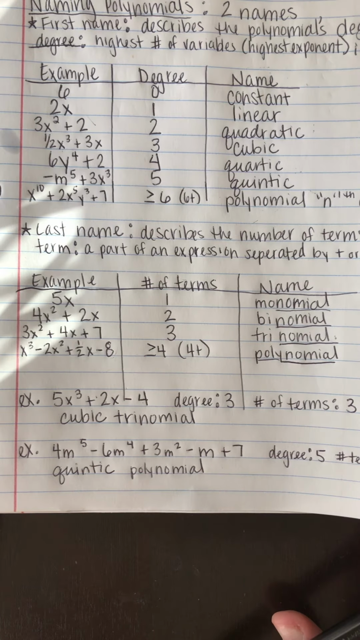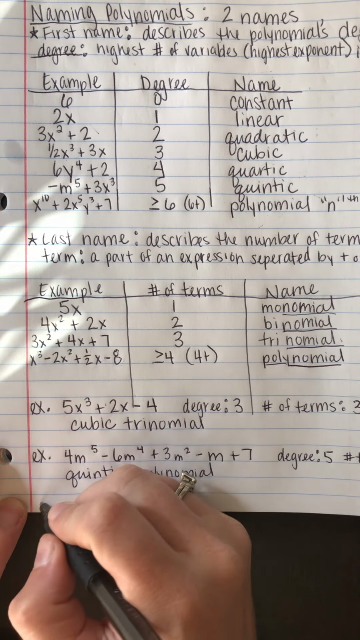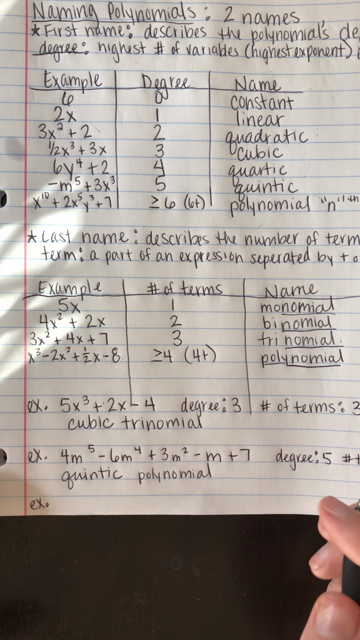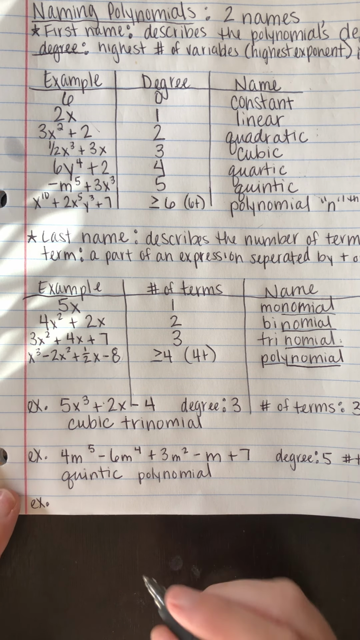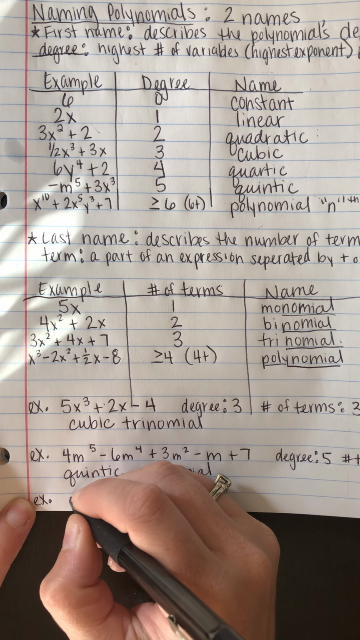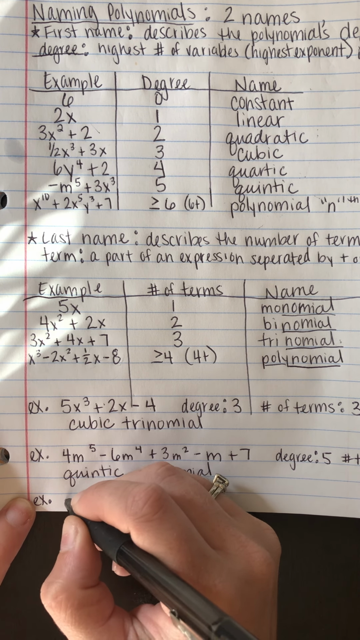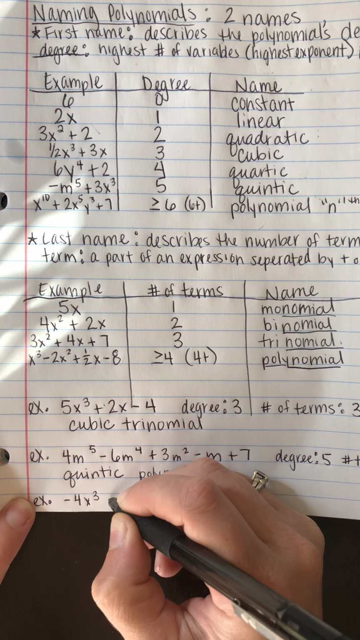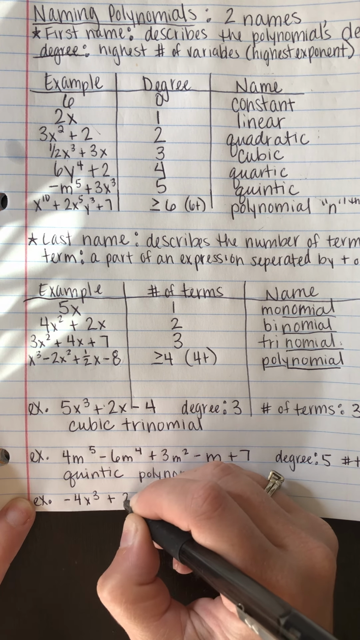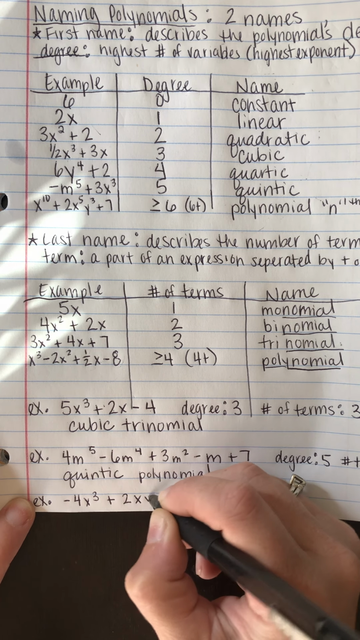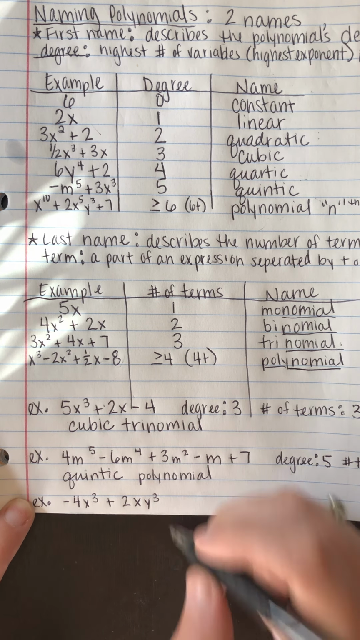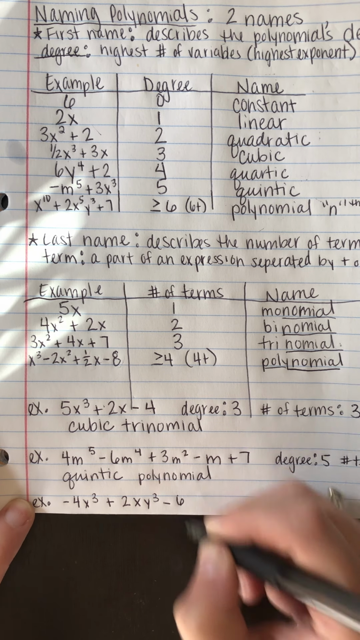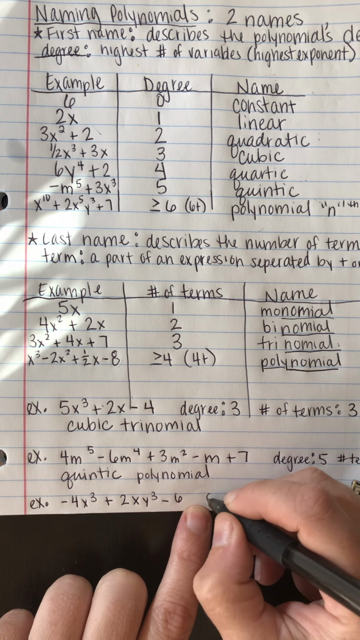All right, we're going to do one last one. If we can squeeze it down here on the bottom. And this one, I'm going to mix up a little bit. It's going to be a little bit out of order. So negative 4x to the 3rd plus 2x y to the third, this one's going to be a little trickier, minus 6. Okay, so our degree here,